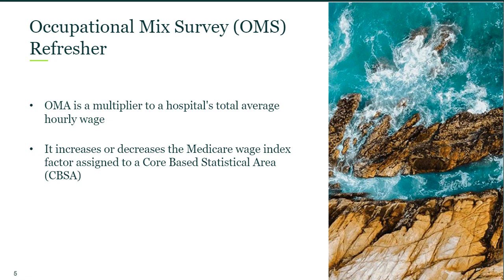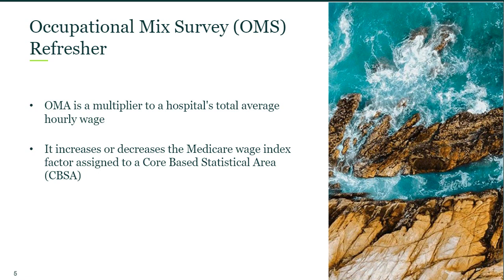The overall purpose is to control the impact of the wage survey because of differences in management choices for staffing by types of nurses: RNs, LPNs, and aides. For example, hospitals may choose to employ different combinations of registered nurses, licensed practical nurses, and nursing aides, as well as medical assistants for the purpose of providing nursing care to their patients. The varying labor costs associated with these choices reflect hospital management decisions rather than the geographical differences in the cost of labor. The original intent was to shift dollars from urban hospitals to small rural communities.